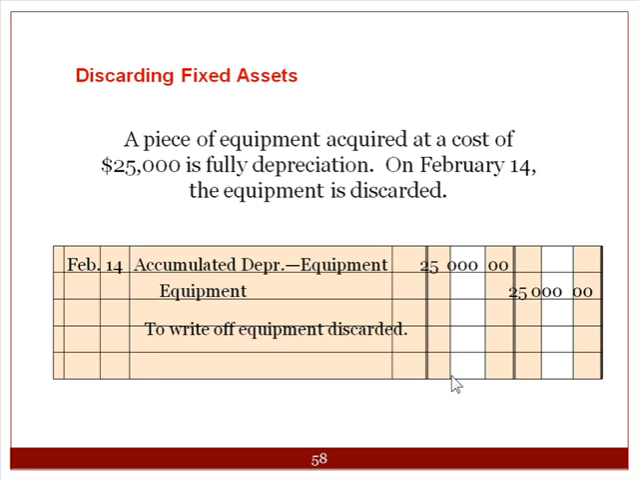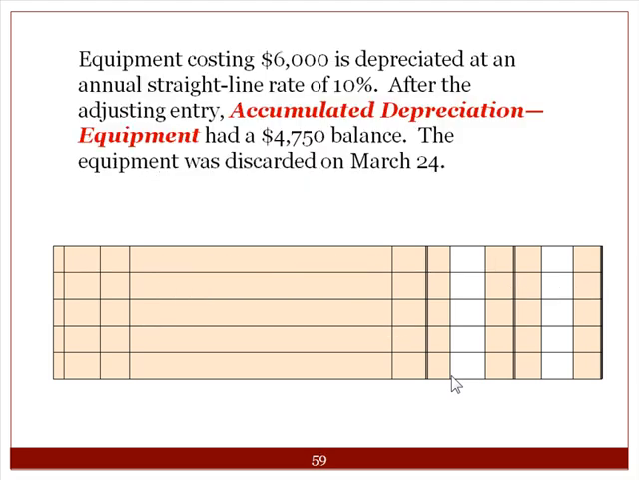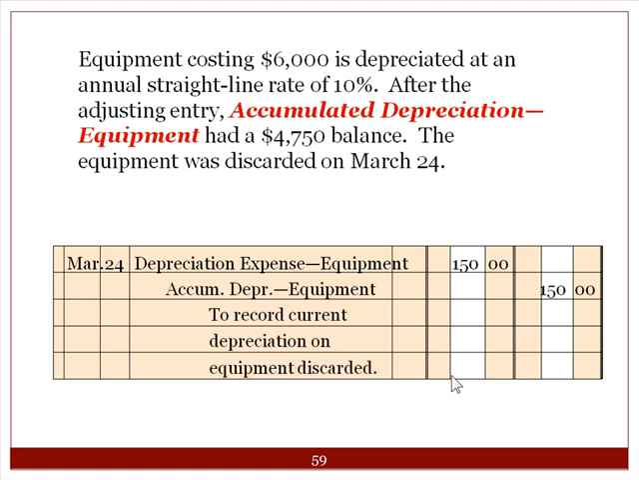You write off discarded equipment by taking it out of accumulated depreciation. You take both sides off your books. Remember, the asset sits on your books at the original cost. Equipment costing $6,000 is depreciated at an annual straight line rate of 10%. After adjusting entry, the accumulated depreciation had a $4,750 balance. So you're going to take the adjustment against accumulated depreciation to record current depreciation on the equipment discarded,